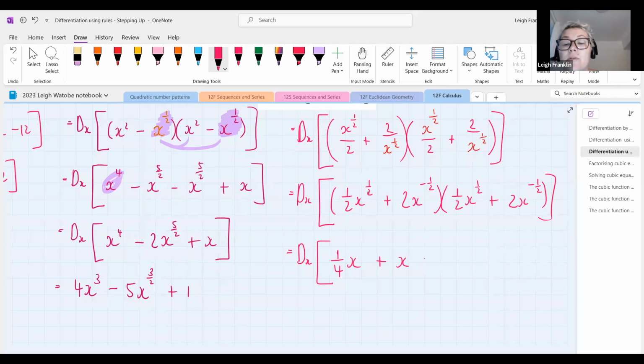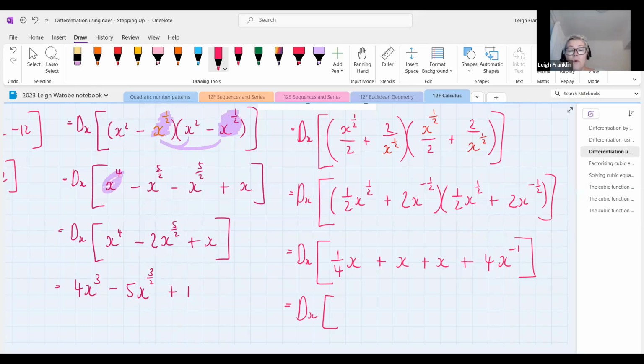Same thing with our middle term, that would be x, and then our last term would be plus 4x to the power of -1, like so. And then we have foiled out our brackets. Then dx over here, this would leave us with a quarter x plus another x plus another x. So the first 3 terms are all like terms. So that means I've got